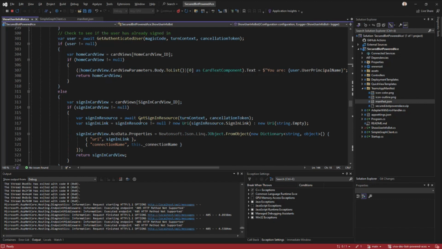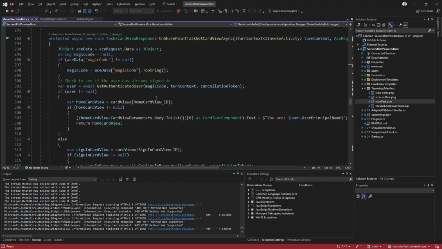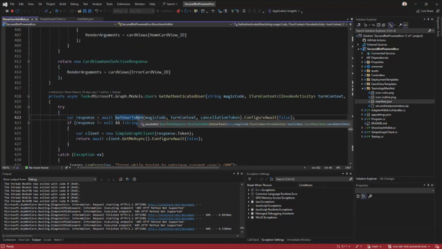click on the complete sign-in logic? Well, first of all, if the user will click on the card and we'll go through the automatic flow, we will simply look for a magic code property which will be automatically injected in the request that will go to the bot-powered ACE. We retrieve the value of the magic code, and using a backend service provided by the